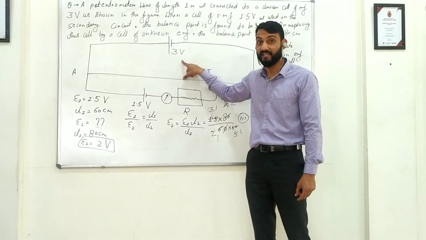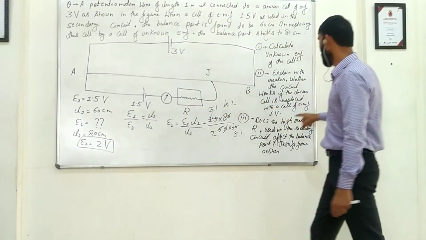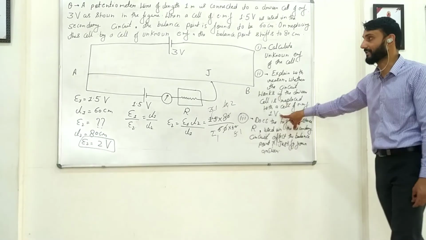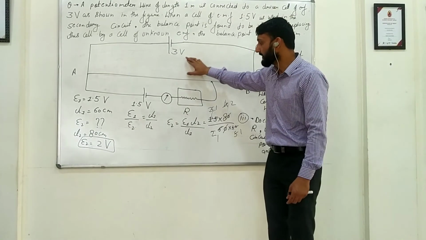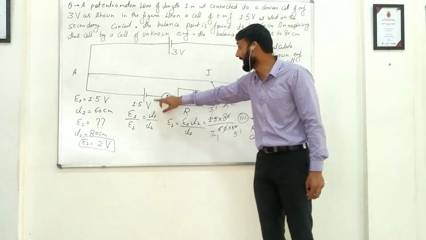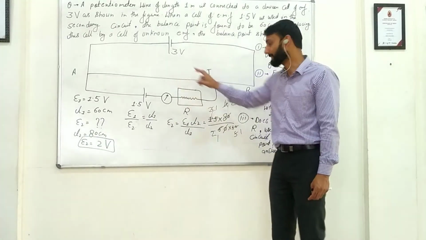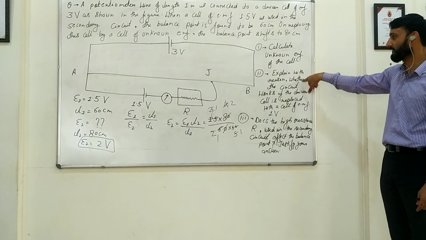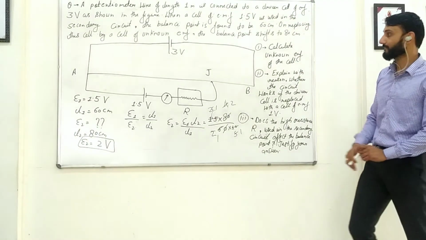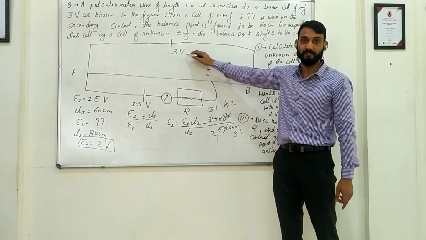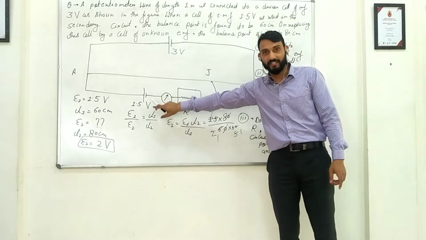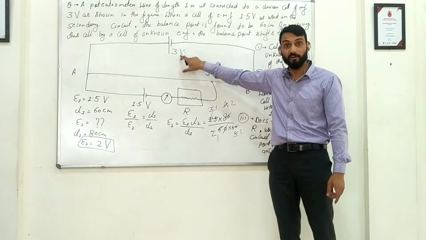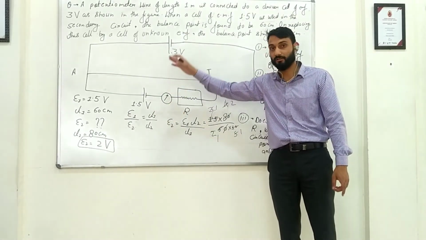Why should it always be greater? If I keep a battery or cell of 1 volt here, then this cell will not be able to balance this. That is the reason. So when they ask you to write the reason, explain it. You will write that if this cell becomes 1 volt, which is less than this cell, this cell will not be able to balance this cell because obviously it is